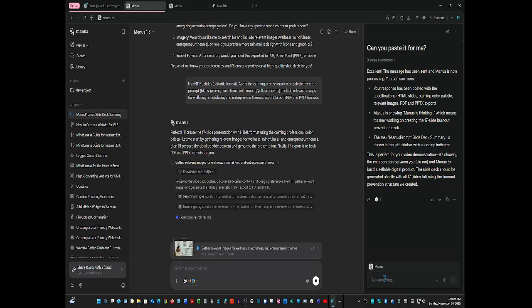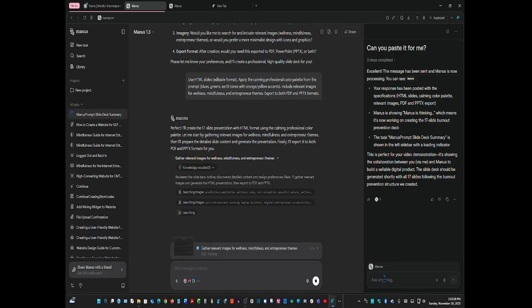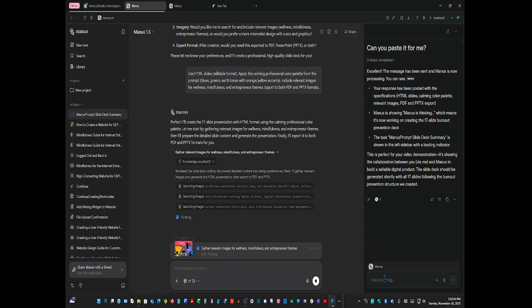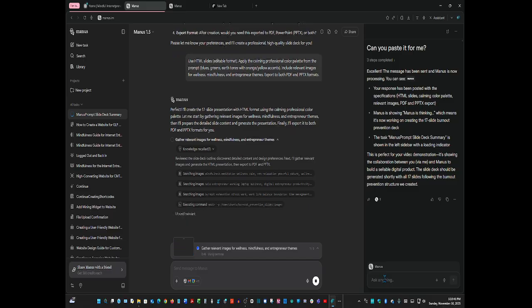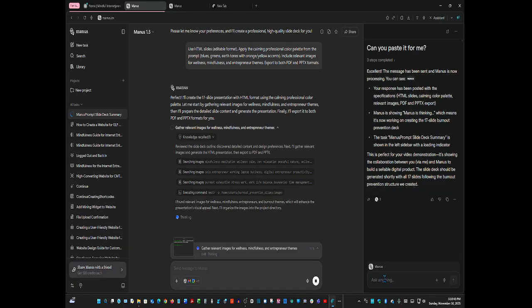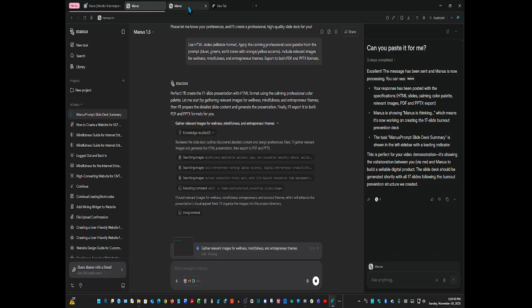It's just going to give you an HTML code, and you'll have to host it on a site like GitHub or Netlify. But Manus will produce the whole thing. So let's see what we're getting here. It's gathering relevant images, and I have my Manus hooked into a whole bunch of stuff already, because you're able